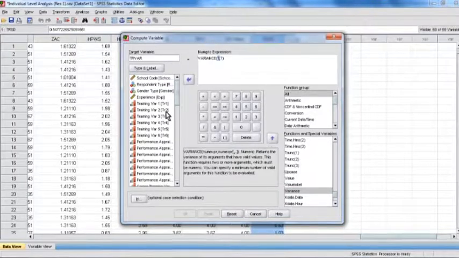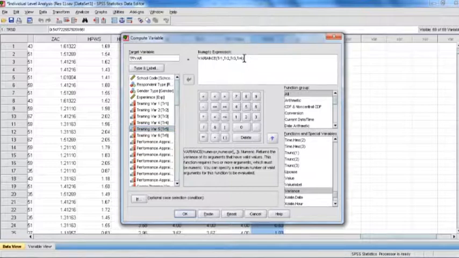Now again we have to enter all the various variables, and by clicking on training TR1 we select this one, and likewise we select the other variables and include them here. Now clicking on comma and selecting TR3, then again comma and TR4, likewise TR5,